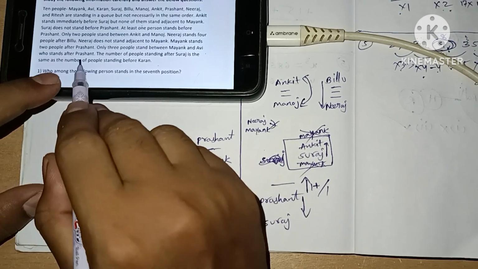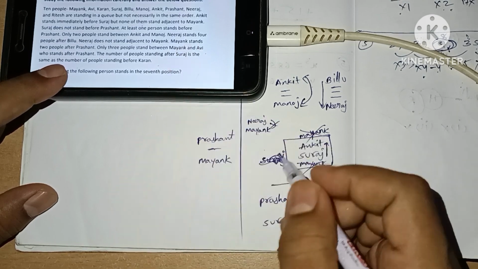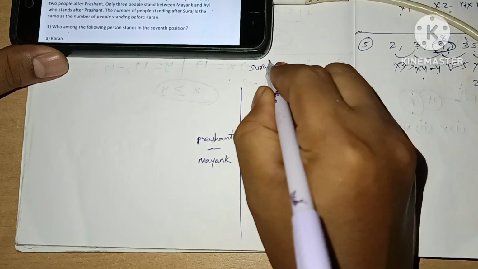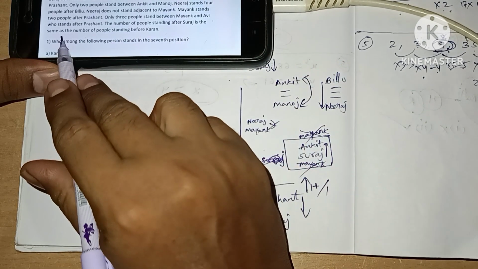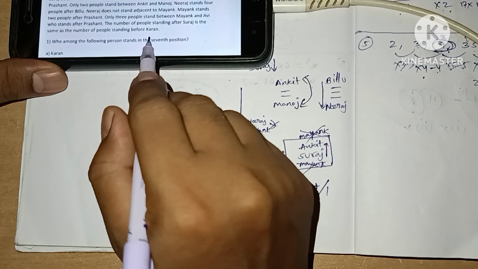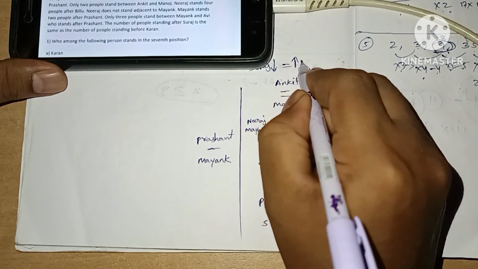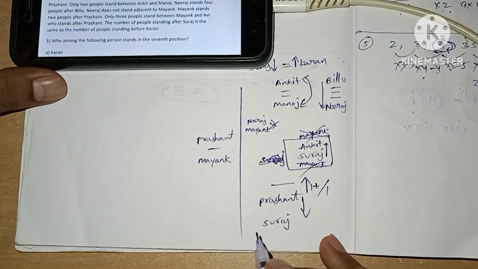Okay. The number of people standing after Suraj is the same as the number of people standing before Karan. Okay, by this we have completed the statements. Now we need to